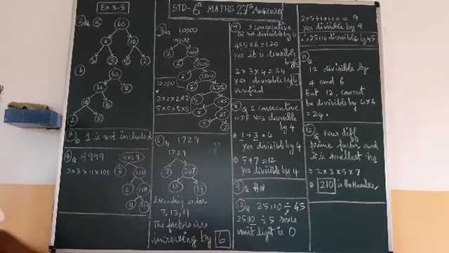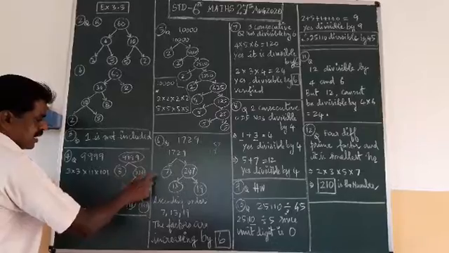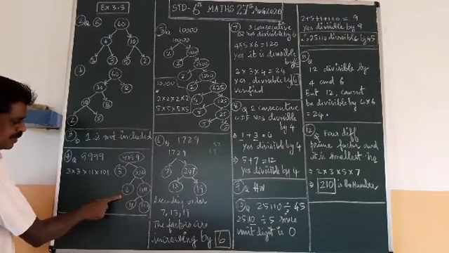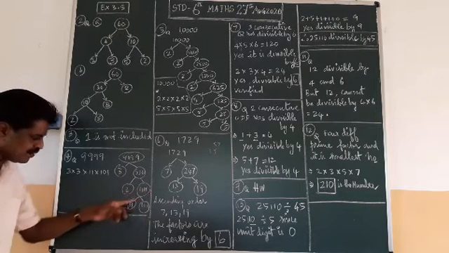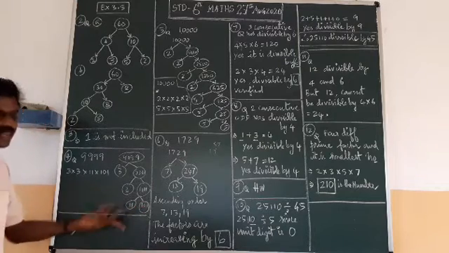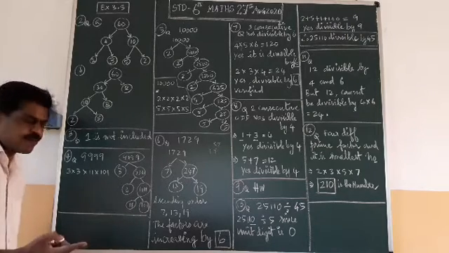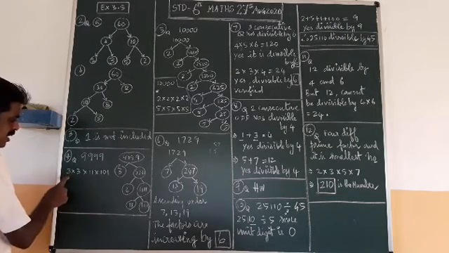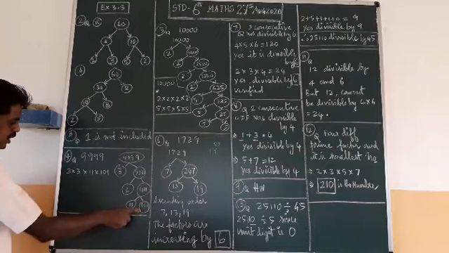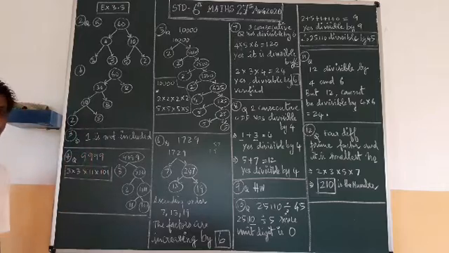Then you have to do the prime factorization. So 3 can divide 9999: 3, 3, 3, 3. Then once again this can also be divided by 3: 3, 3, 3, 1, 1, 1. Then 11 can divide 1111: 11 and 101. Further we cannot do, 101 cannot be factorized, so 101 into 1 will come. So your factorization is 3 into 3 into 11 into 101. This is the prime factorization of the greatest 4-digit number. Okay, that is the fourth question.